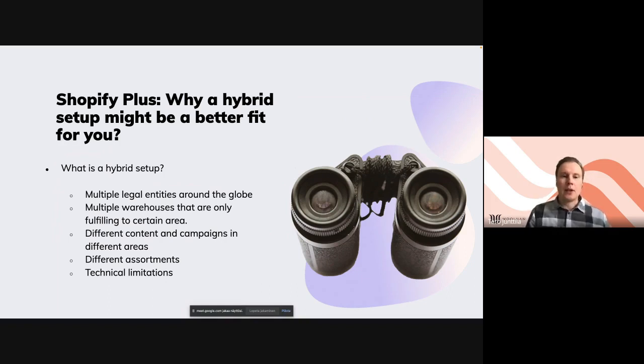Then different content and campaigns. Once again, a feature that is coming, that you could have market-specific content without customizations. If you have a lot of different things that you would like to run, completely different campaigns, completely different content in the US than in the EU, it might be a better option to have a separate Shopify store. In that case, it's easier to manage the content and the translations that you might need within those shops. You can still use markets, for example, enabling English and French in North America and Canada and the US as markets, with their own currencies. But it might be that you have so many differences between the European and US market that it's good to have